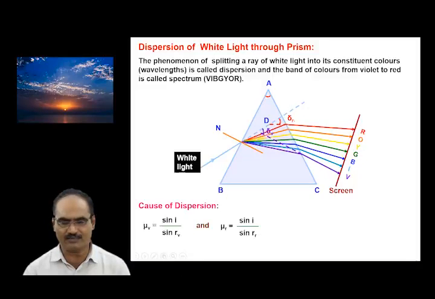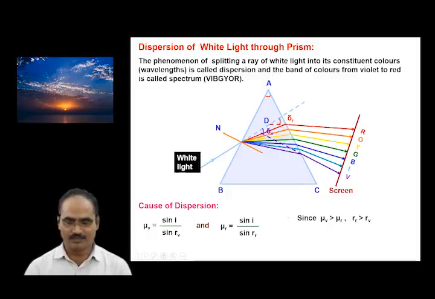Delta V and delta R are different, and the angle of minimum deviation will also be different for different colors. Then obviously the refractive index of this prism will be different for different colors, right? In the previous section, whatever we have discussed is only for a particular color or a given color. But here the refractive index will be different. Since mu V is greater than mu R, we can say that